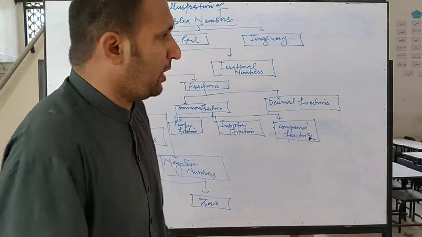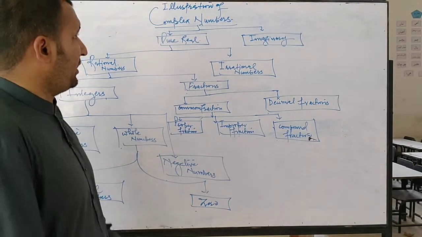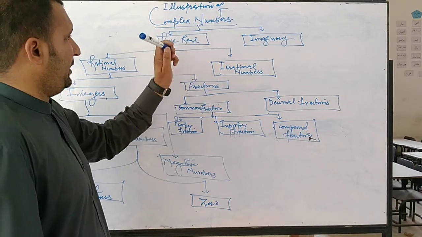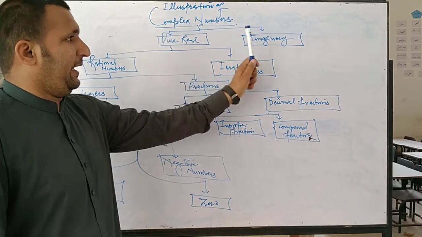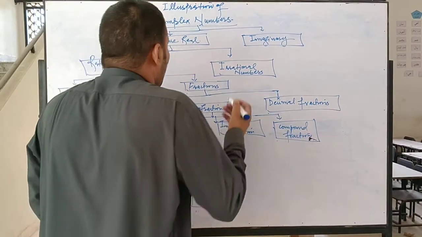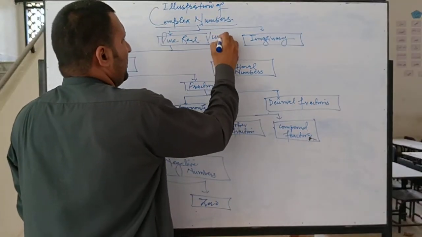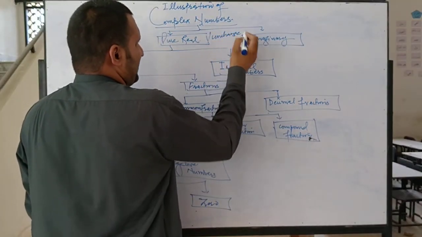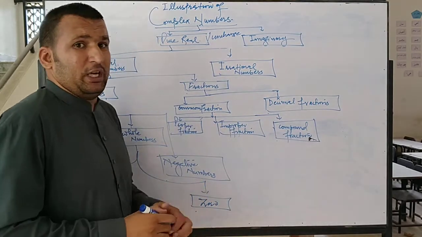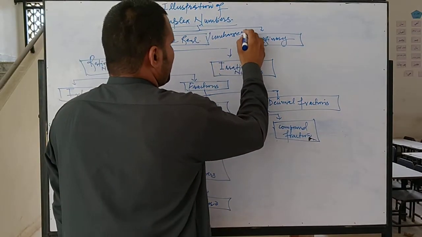Illustration means the statement of complex number. Complex number means the couple of two real numbers. One is pure real and the other is imaginary. Pure real means unchangeable, means a direct value. We cannot change the statement of value with respect to the arithmetic operation.